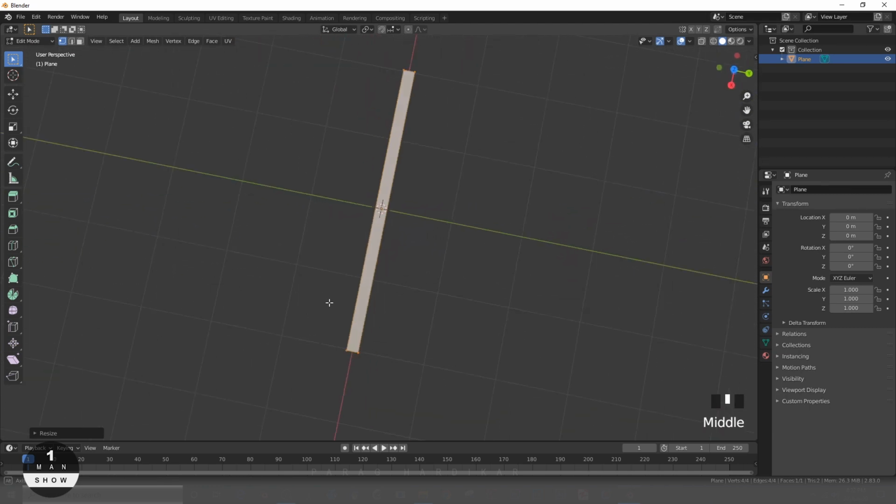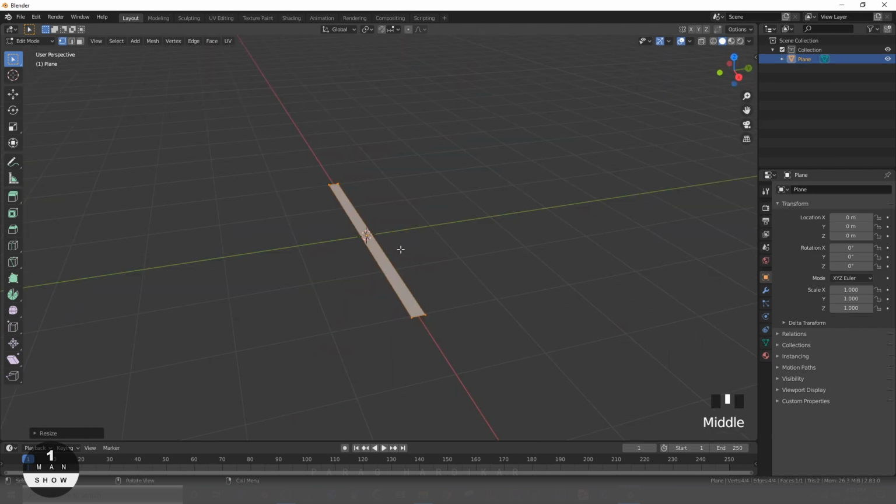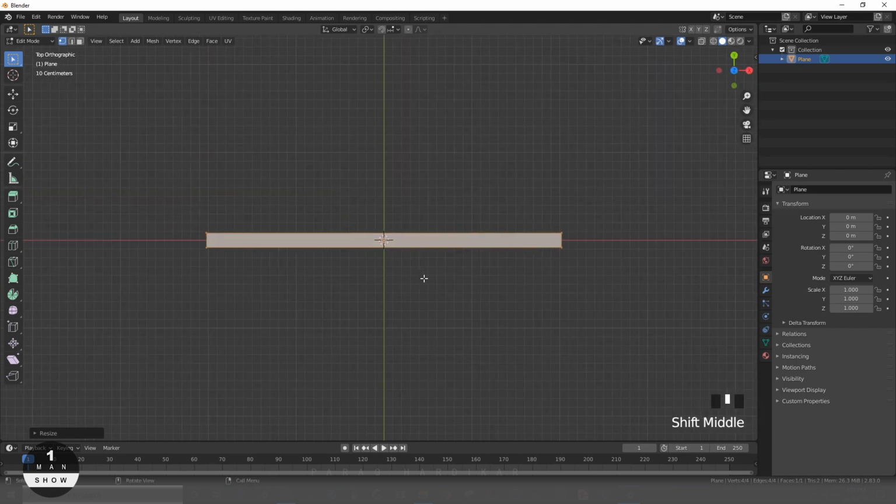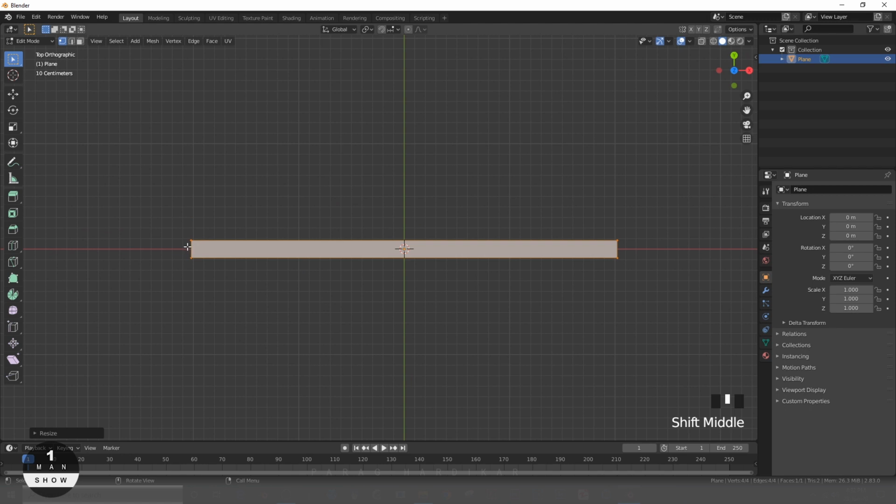I'm going to model this from top view. For top view, I am pressing 7 on numpad. We will need loop cut here.